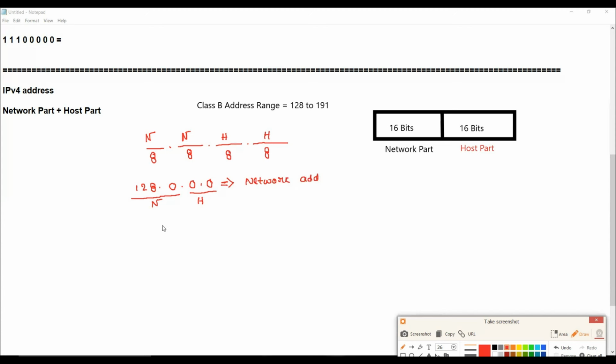Okay. And what is the first valid IP from this network? It is 128.0.0.1, right? This is your valid IP. The next valid IP will be 128.0.0.2. The next valid IP is 128.0.0.3. Like that we will continue up to 128.0.0.255. Correct? Not yet over, because we know that we have got 2 octets in the host, so we can